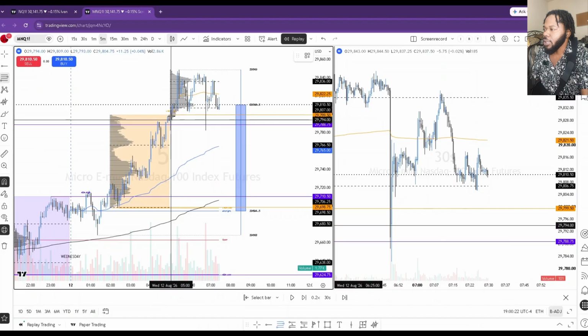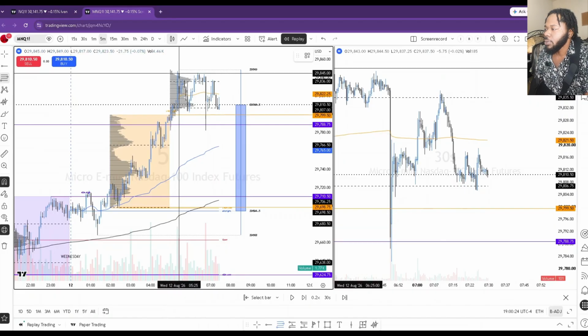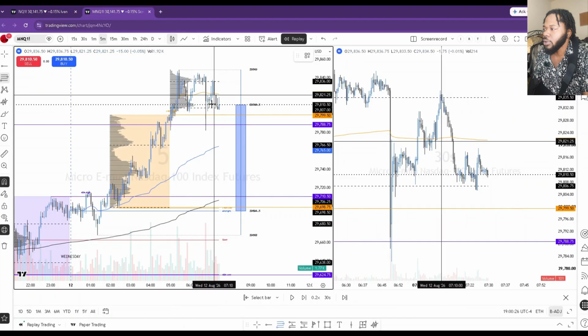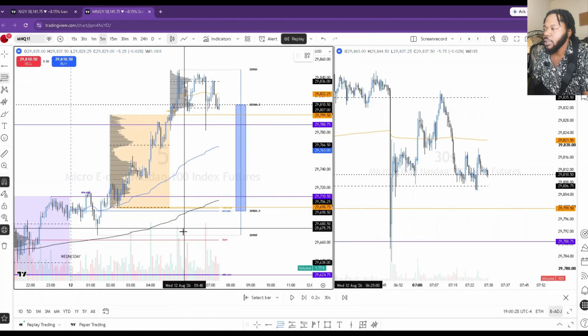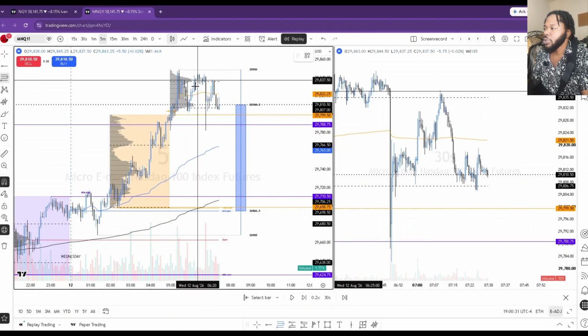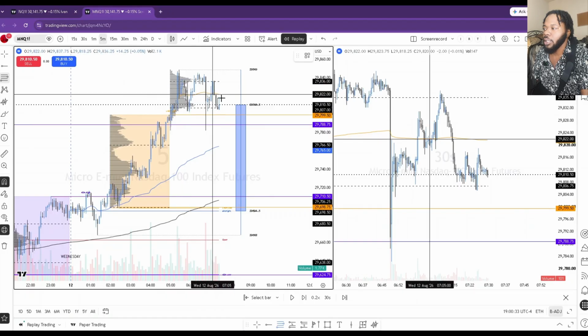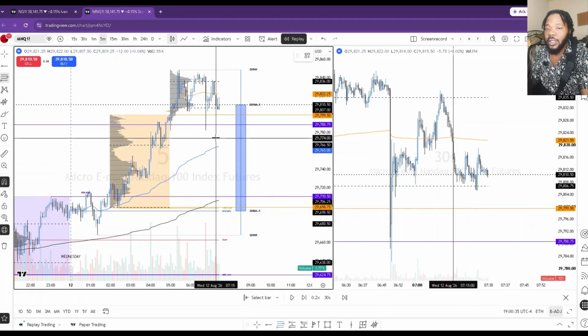Make sure this is pinned to the right one because it's a light color. So yeah, boom. This one right here, we're doing a little barcode action, showing a little indecision, but it built volume at the high, and this is a developing profile. This is my developing profile